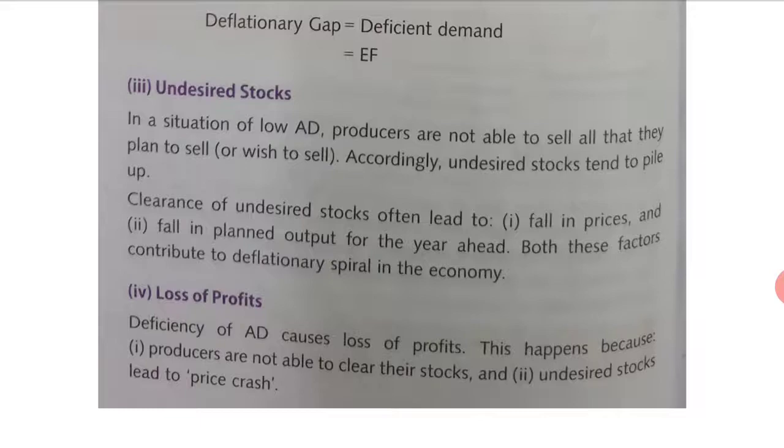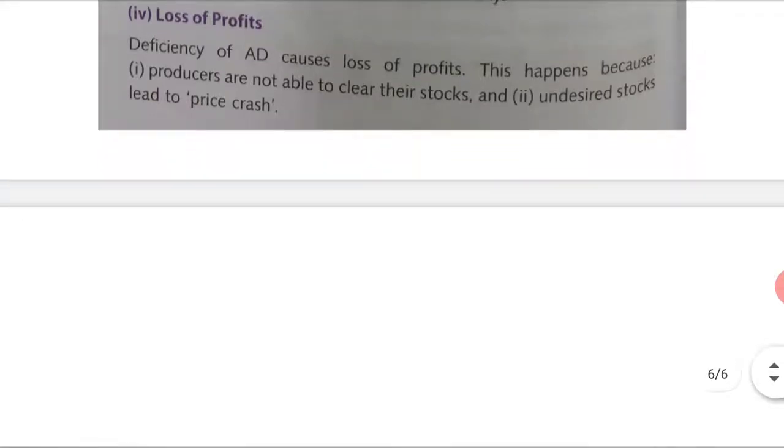Both situations can happen. This happens because producers are not able to clear their stock, and undesired stocks lead to a price crash. Price crash means the fall in price to the lowest. You can clear the stock only if you sell at the lowest cost. So these are the problems